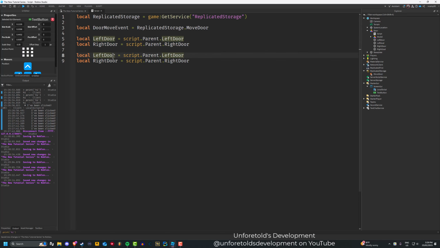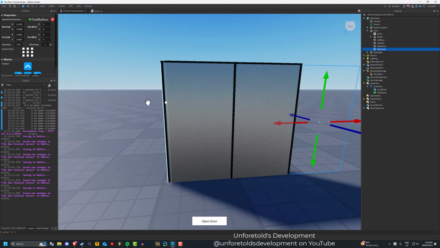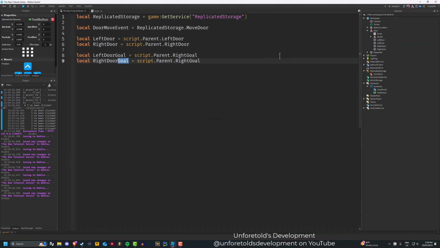So we'll just duplicate that. Goal. Let's place. So right. Now we've got our left door and our right door, so these two, and our left door goal and our right door goal, so these two. And so now with this,